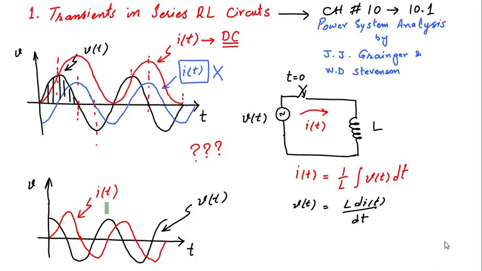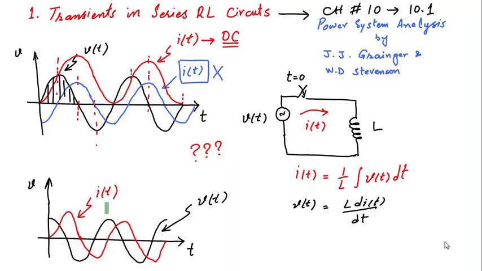Now here we can answer the question I initially asked: why is there a DC offset in the first case and no DC offset in the second case? Obviously, it depends upon the switching instant on the voltage waveform whether there will be a DC offset or not. Remember, in the first case switching took place at the 0 crossing of voltage, so we have a maximum DC offset that has completely offset the current waveform in one direction. And in the second case, switching took place at the peak value of the voltage waveform, and we can see there is no DC offset in the current at all.